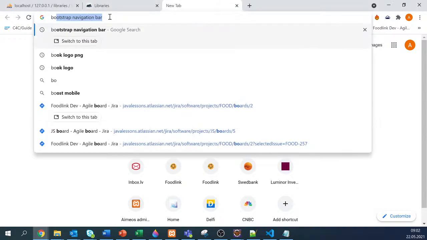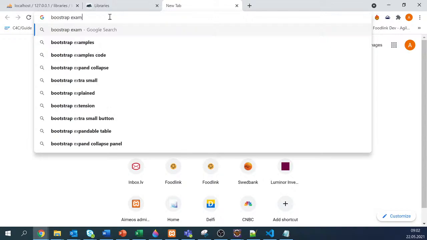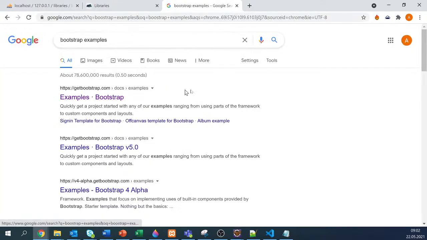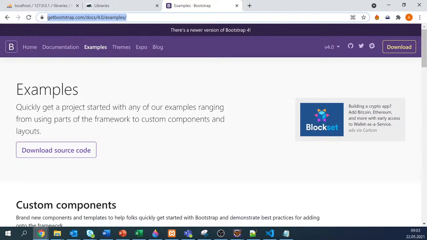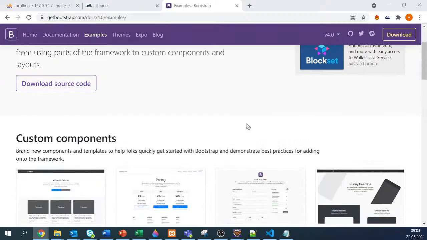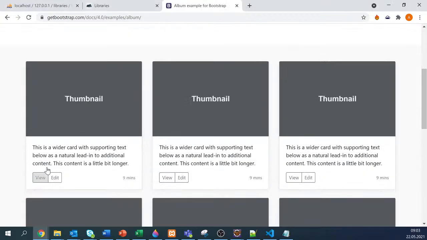If you want to build some pages, I mean, when you work on your project, you can take a look at some web examples. For example, you can go to Bootstrap examples. I'll show the link here, and here you can find some demo codes for some templates, and maybe not only from Bootstrap. You can actually find lots of